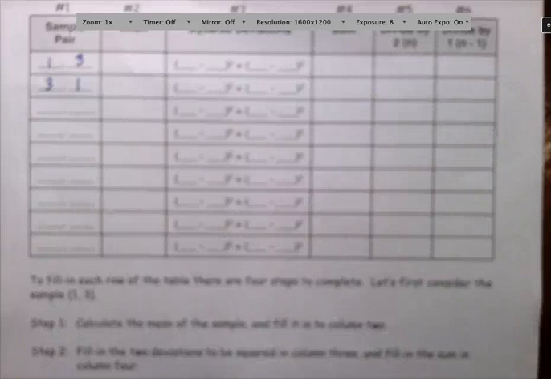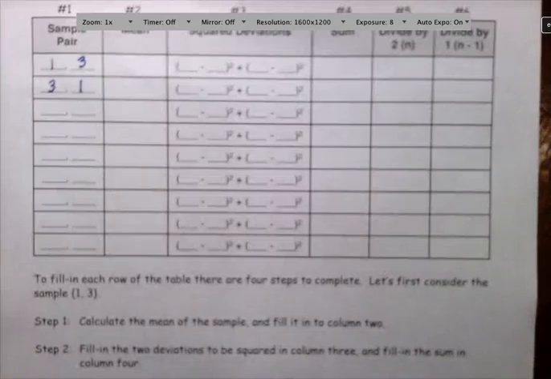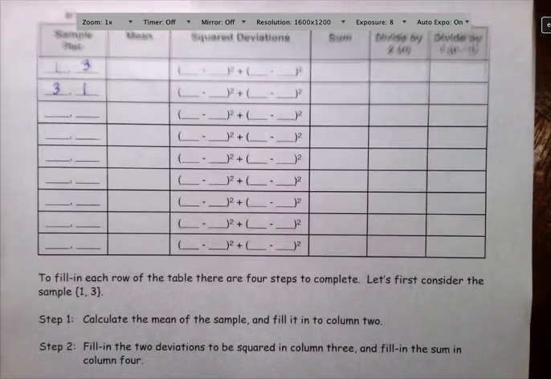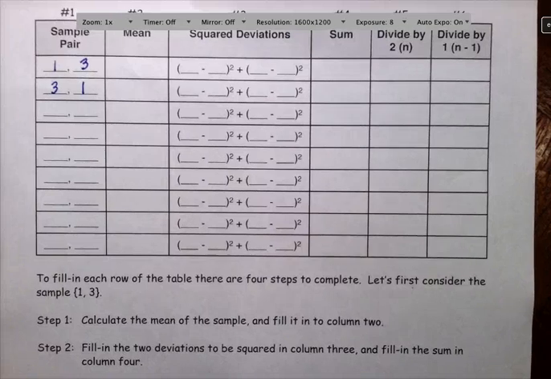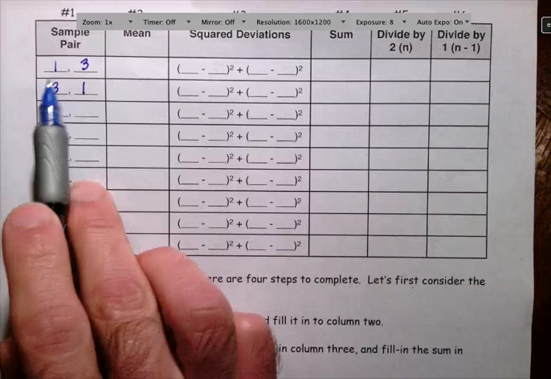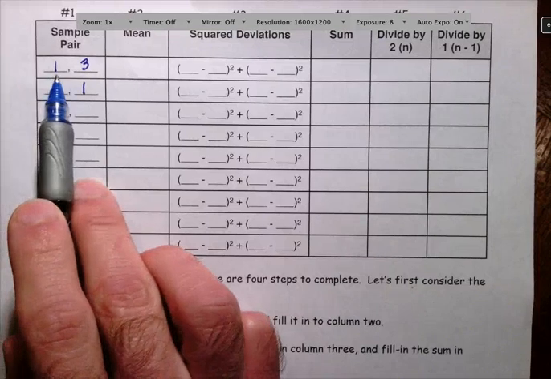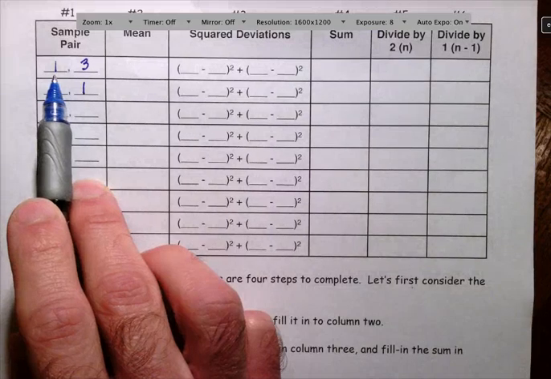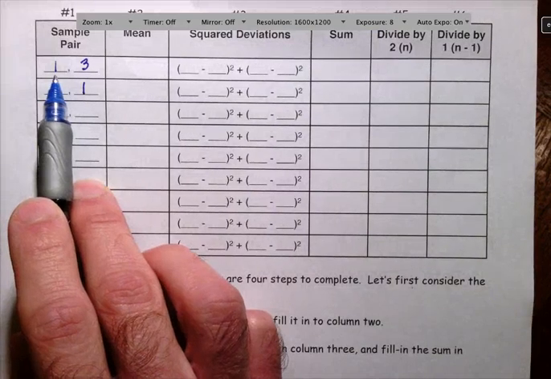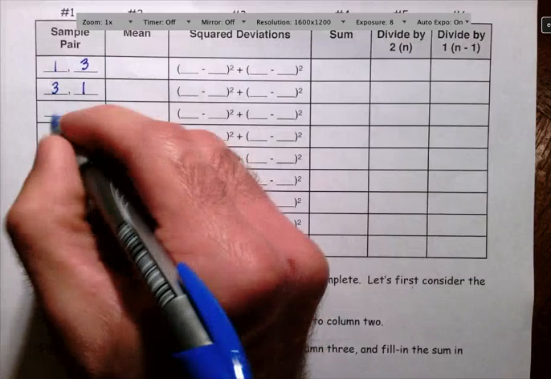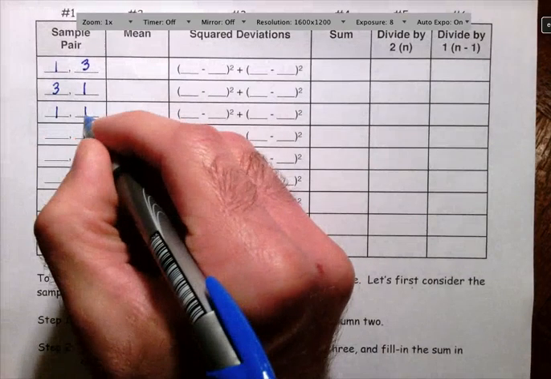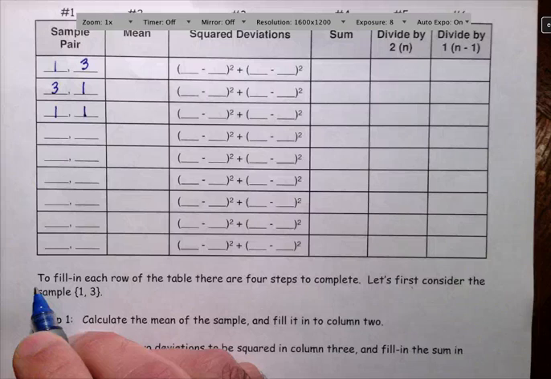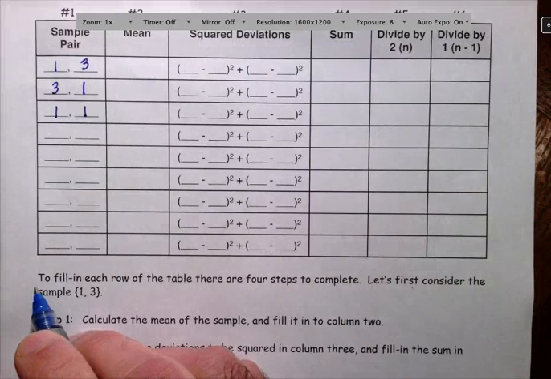Now, because we are sampling with replacement, in other words, after we selected the 1, that 1 was put back into the population and we selected another member for our sample. We could have selected the 1 a second time also. So this sample pair is also possible. These are the 3 that I want to take a minute and talk about,